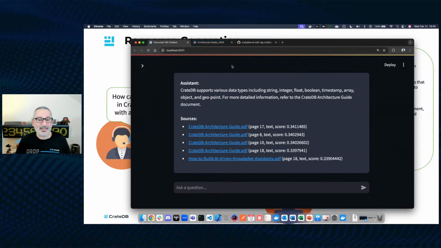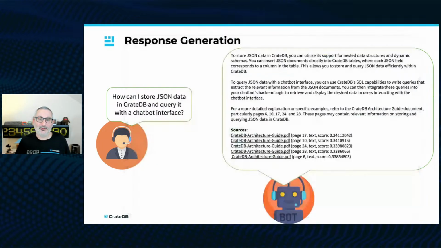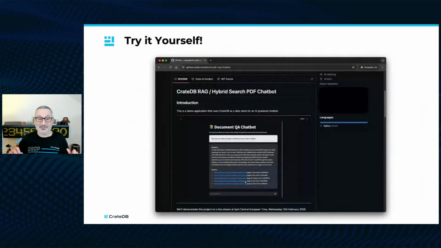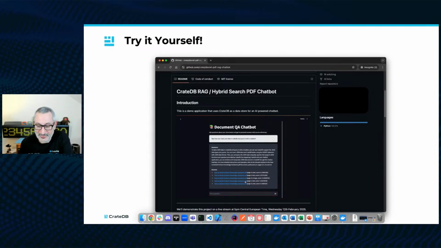And in here, this is going to talk about the way that the different data types are stored. So that, I think, was about everything that I had. So that's a bit of a whirlwind tour, in the time that we had available, 45 minutes, of building a RAG chatbot. There are a number of variables in this. So if you want to play with this yourself, and I encourage you to do that, then